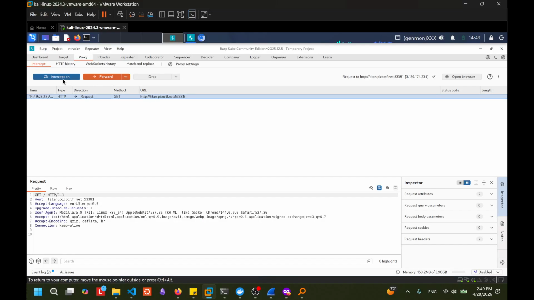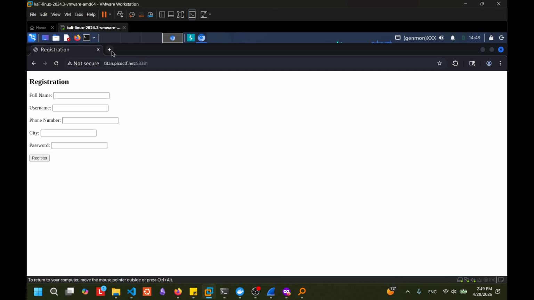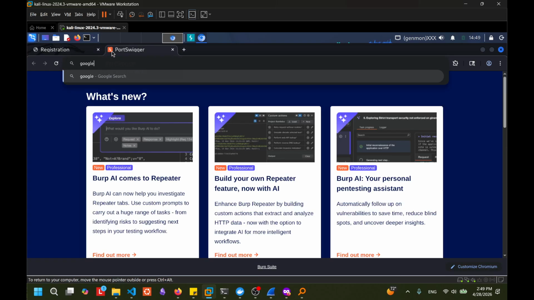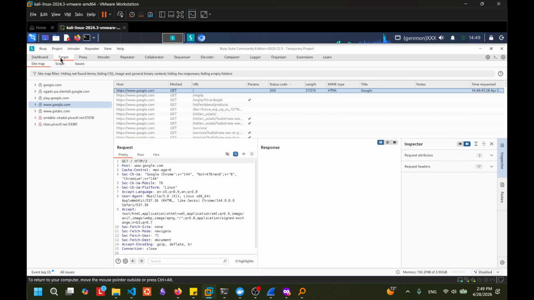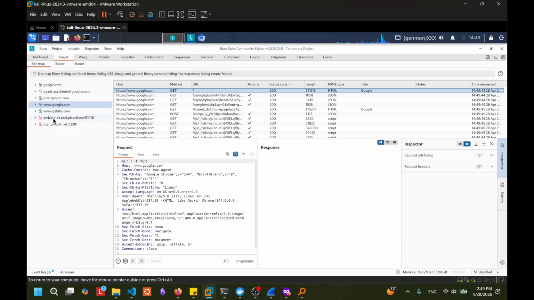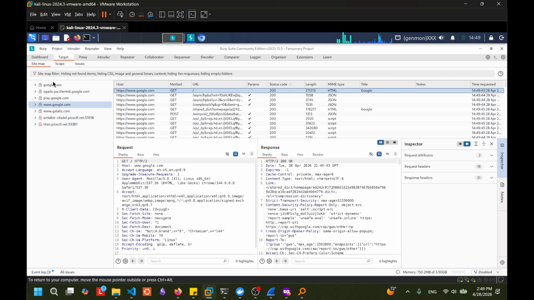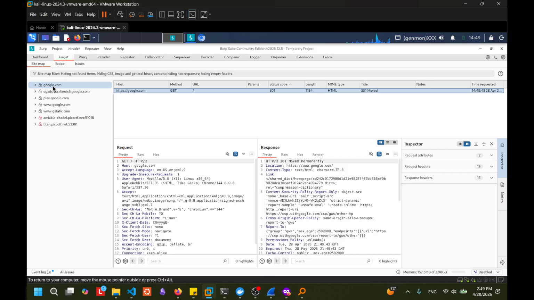This Burp is fine if you're doing limited stuff, but say I want to use this browser to go to google.com. I think I already have it configured. There's a little tab under target that's called scope. You can say, I don't want Burp to ever intercept requests going to Google because I'm just looking stuff up and it's really annoying to have to click accept, forward all requests that are just stuff I want to see.